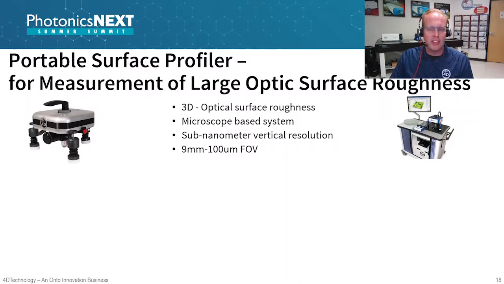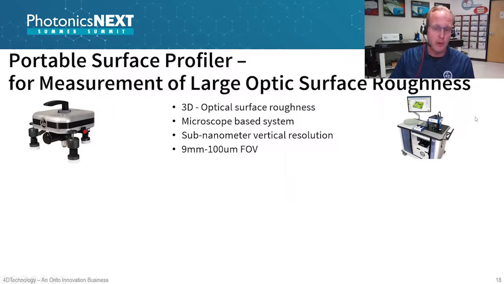The other benefit of dynamic interferometry is that it allows you to make a compact and portable surface profiler. In this case, we've got the NanoCam you can see on the left-hand side there, and this is a portable and handheld instrument. You can see the level on the top that really is meant for looking at localized roughness